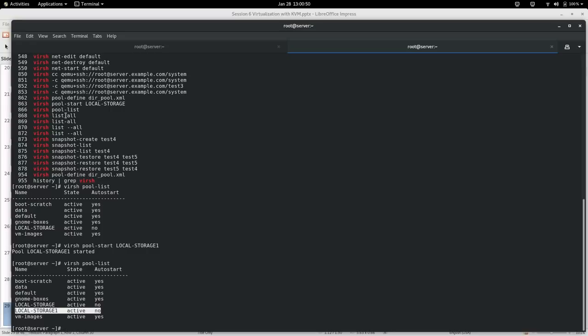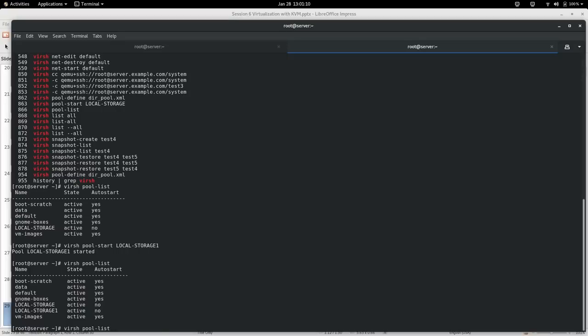And then you can start the pool. See, where's the pool define, we have done local pool start. Yes, now you can see the pool, how to create it, how to start it, and how to enable it. You can define auto start also.